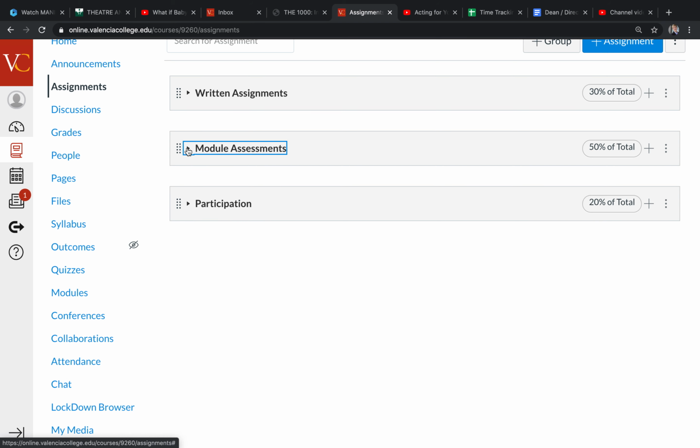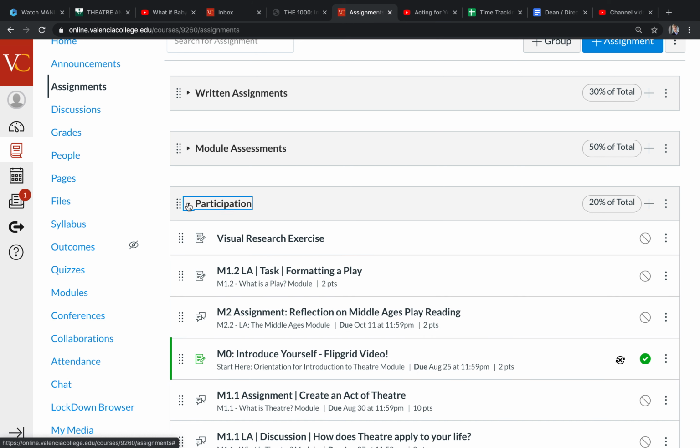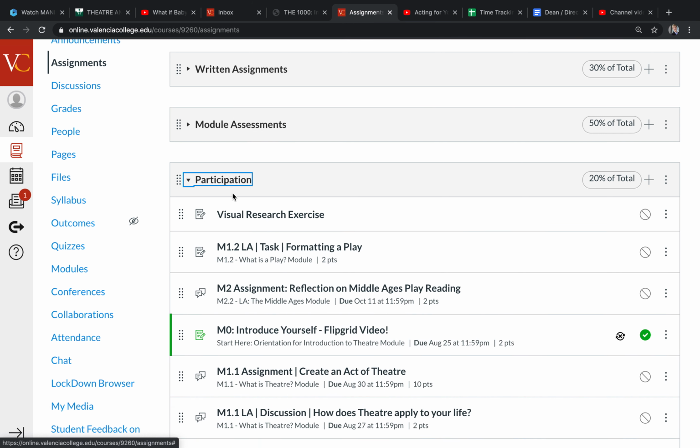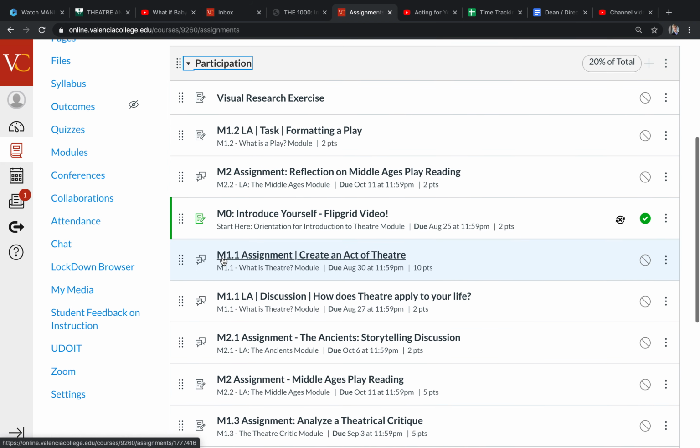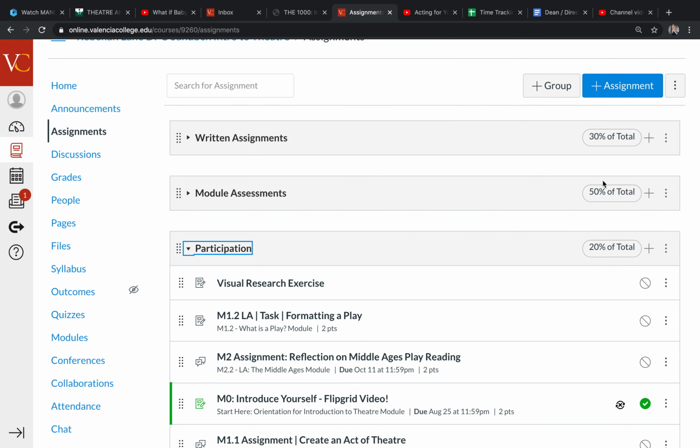So 3 major assessments. And then we're looking at participation. And my argument is that anything that you want to have points for, but is not one of those 3 major assessments, will be in participation. And so we've got 30%, 50%, 20%.